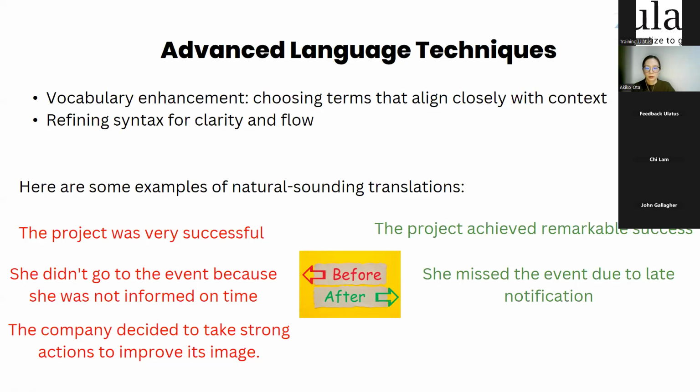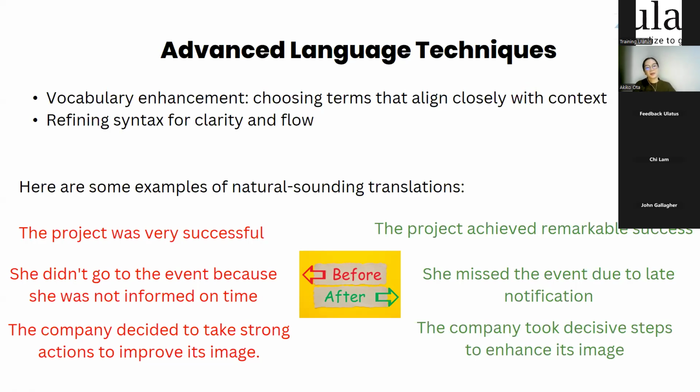Strong actions looks a bit vague. Yeah, I agree. Maybe something like decisive steps might strengthen the sentence a bit. Yeah, that's exactly our suggestion. As you can see, we suggest the company took decisive steps to enhance its image.